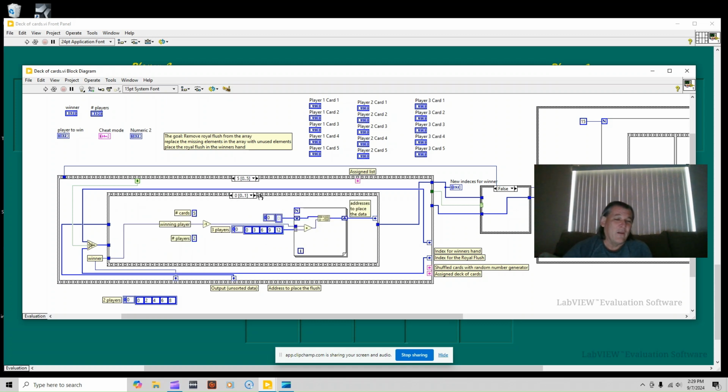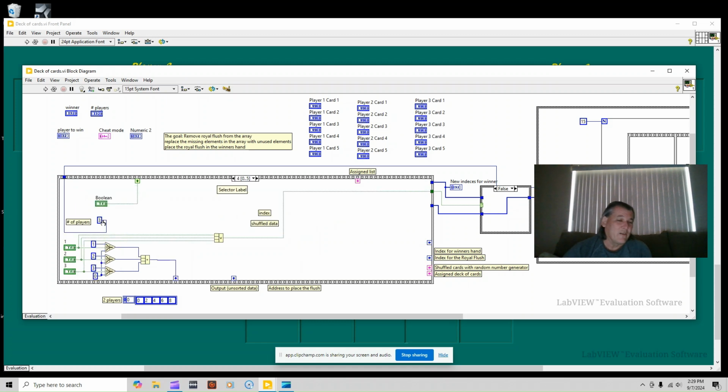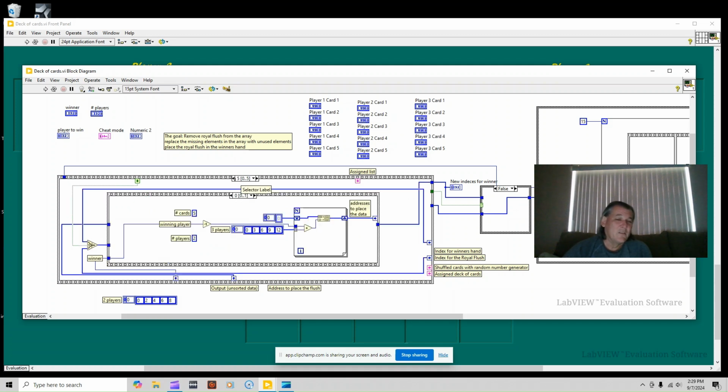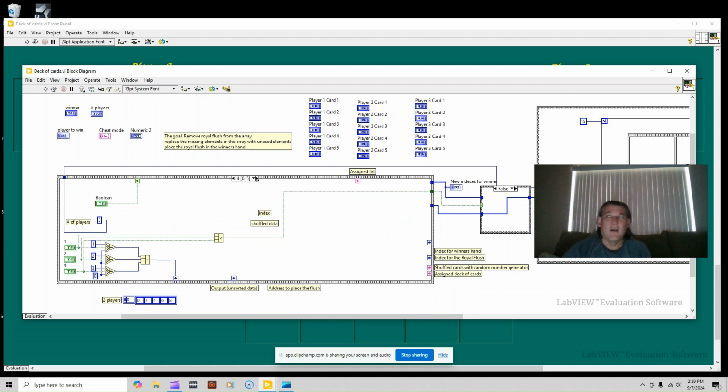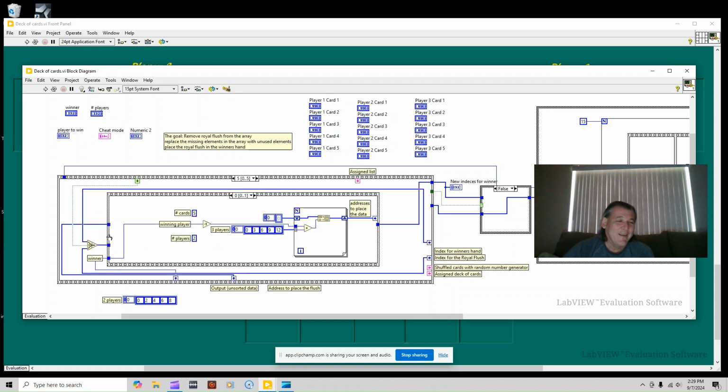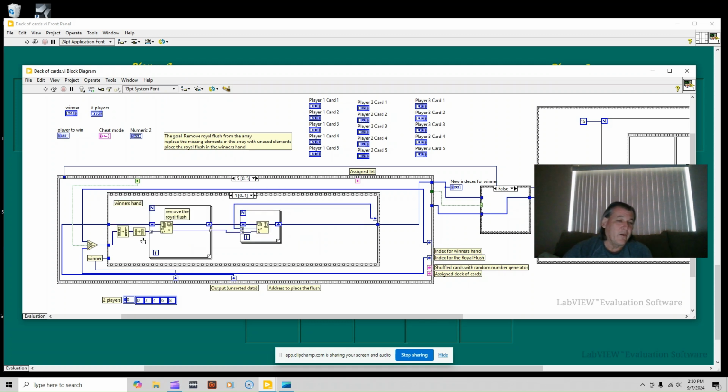And I can do that with, and this is the one that selects the winner right here. So it's back here. This is the one that selects the winner. These switches right here select the winner. This Boolean switch selects roll flush or aces if you win by four aces. And you can go in here, and that right there is where it selects it. It's either going to be the roll flush or it's going to be the aces coming in, and then it's going to go through here,